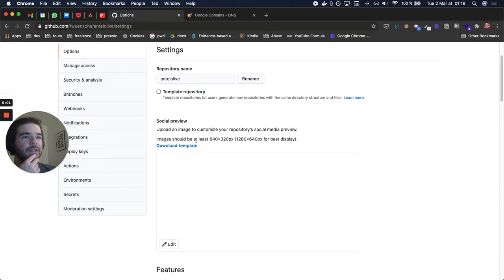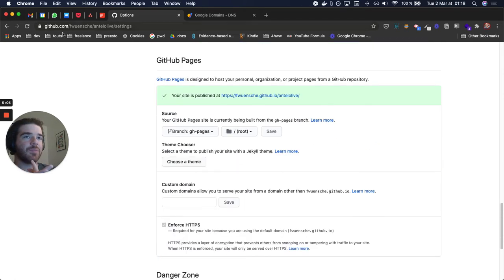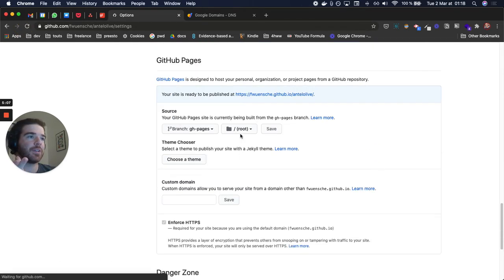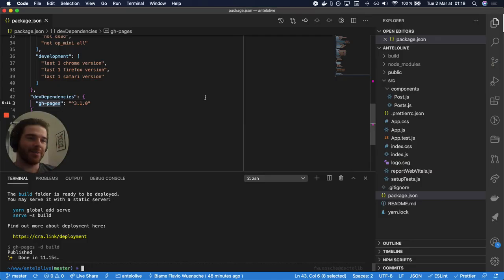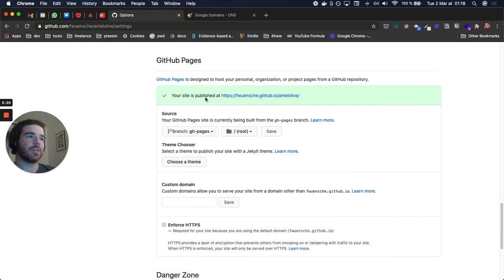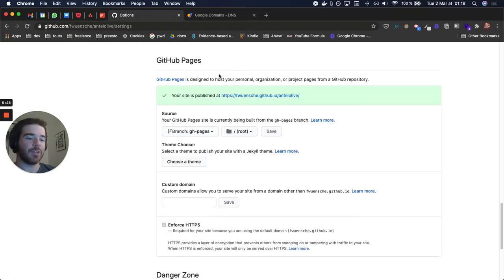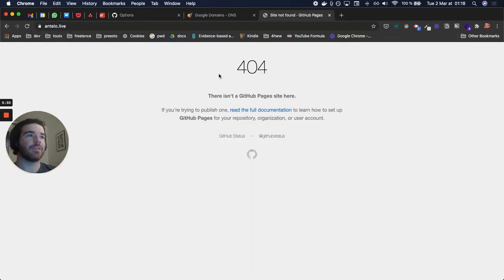Let's go here. If you go to the settings page, for now, nothing to change, but you didn't refresh, right? So if you refresh, this is gonna look blue, which looks good. It's not good enough. We're gonna wait a little bit, just see if it changes. Maybe it's gonna stay blue. Okay, now it's green, but what's the problem? It's still using this URL, right? That's not what we want. And if you go to Untello Live, it's not gonna work.